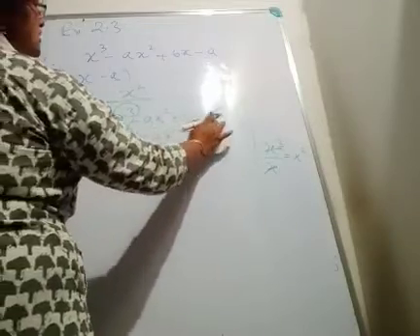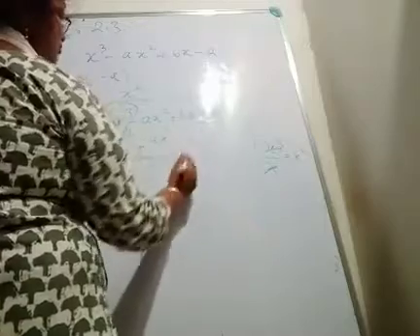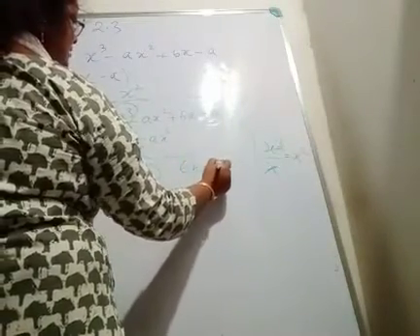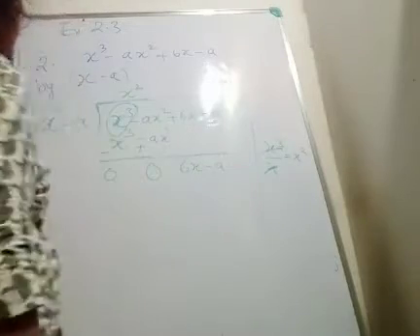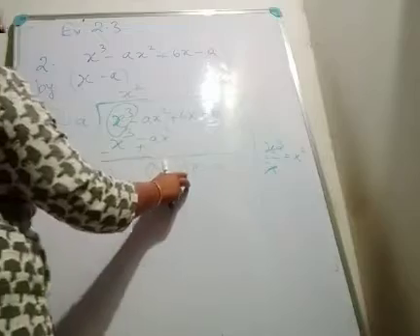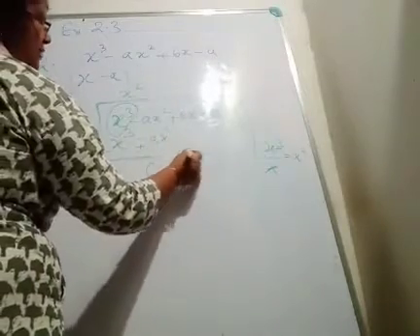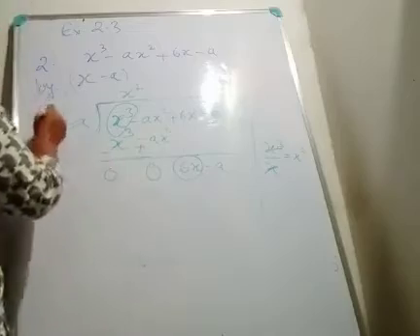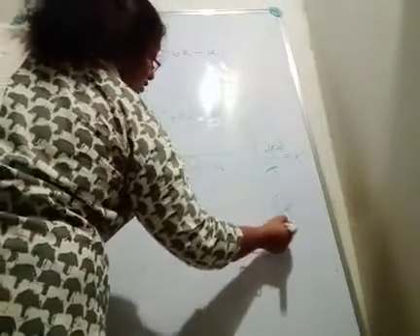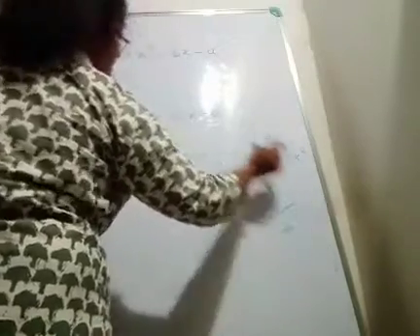So now you see under 6x and a there are no terms. So you write 6x minus a as it is. Okay students. So x minus a and here is 6x minus a. What is the quotient then? So take the first term of the remainder and the first term of the divisor and divide them in the rough. What you will get? You will get 6. So 6 is the quotient.